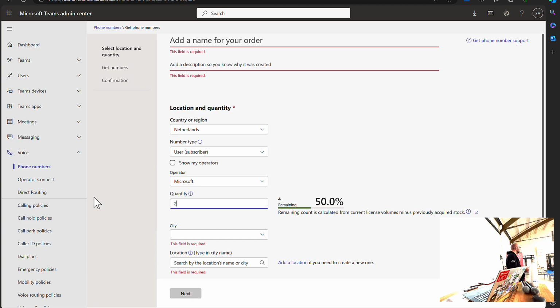It does some calculation based on the number of users plus 10% is the number of user numbers you can get or something like that. You can always have a few numbers to spare. You can request more numbers than you have actual users. So if you onboard some new personnel, you can have that number already there, ready to be assigned to them.